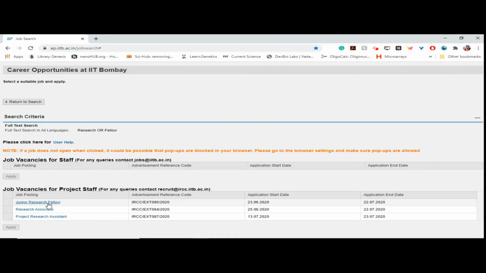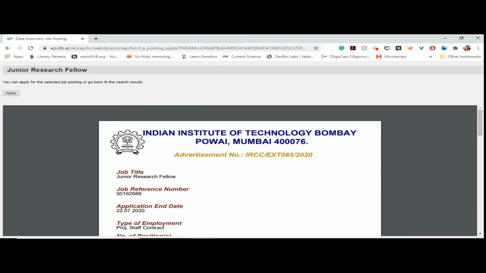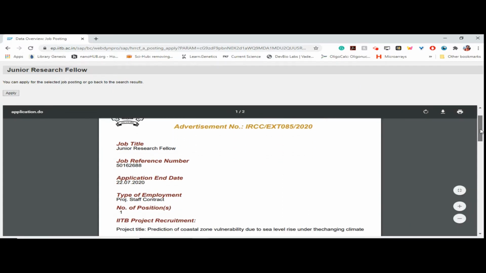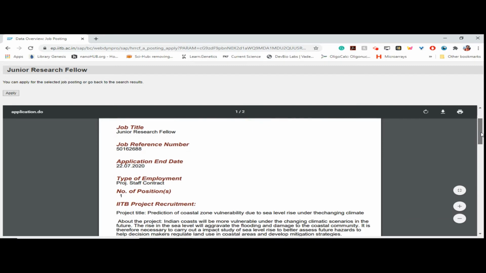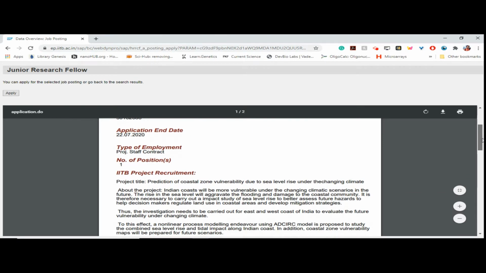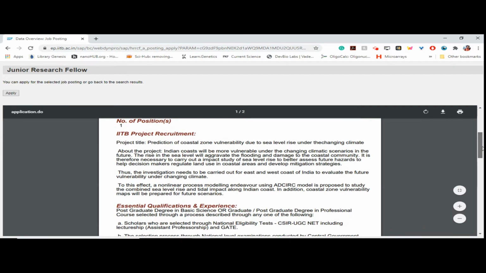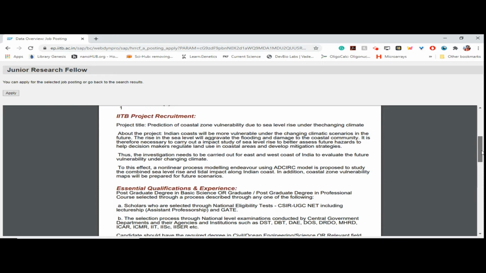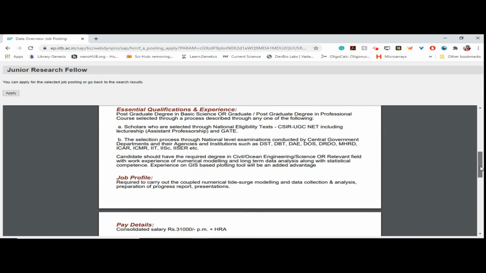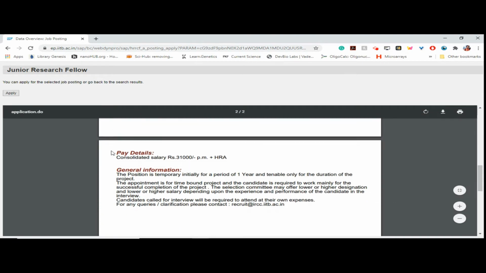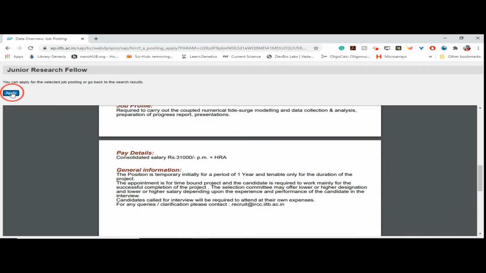To apply for a specific job, please click on the link for that position, and here you can see the job title, the reference number, application end date, the project, the type of employment, the number of positions, the recruitment criteria and experience required, job profile, pay details, and general information. To apply for this job, please click on apply.